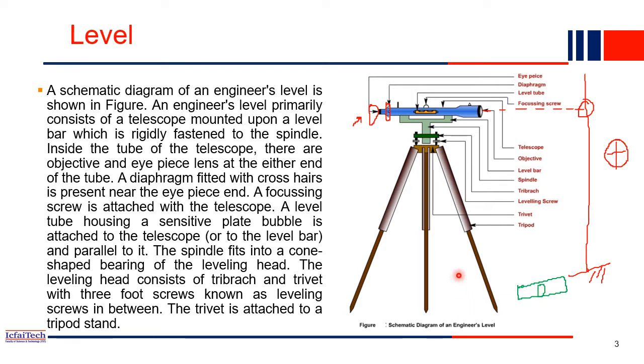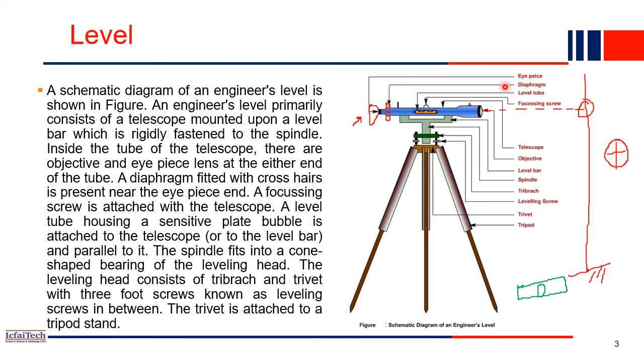Whereas it is possible that one leg is a little up while the other leg is down, so the entire instrument is a little bit tilted. In that case, what will happen? This bubble will go towards one side. So what we have to do is adjust the screws at the bottom. These are the leveling screws, as we call them. We have to adjust these leveling screws so that the entire instrument is exactly parallel to the ground, and the bubble in the spirit is exactly at the center. That we have to take care of.